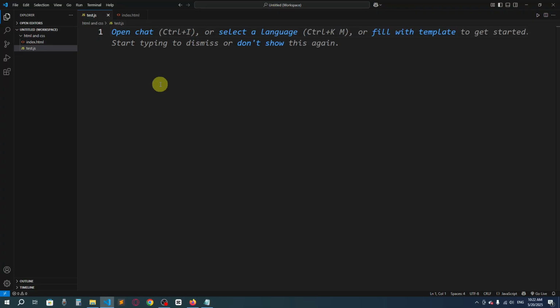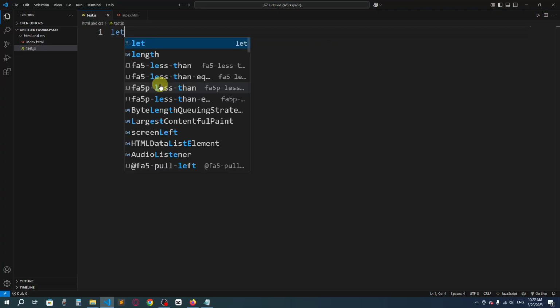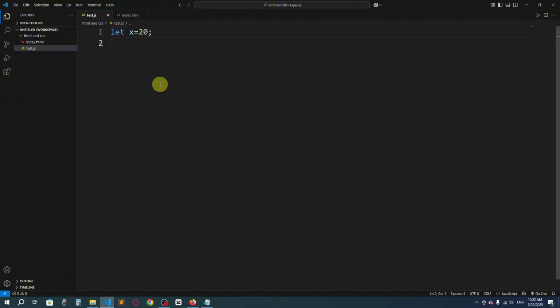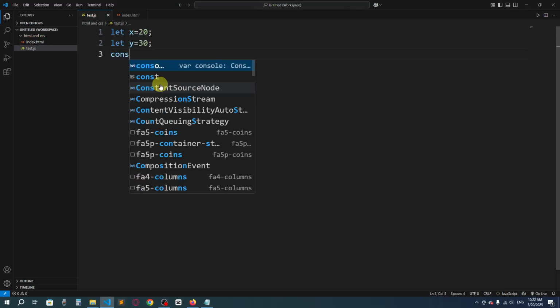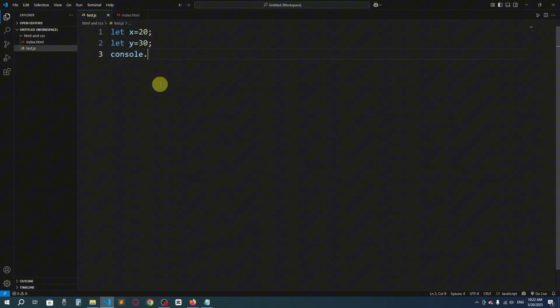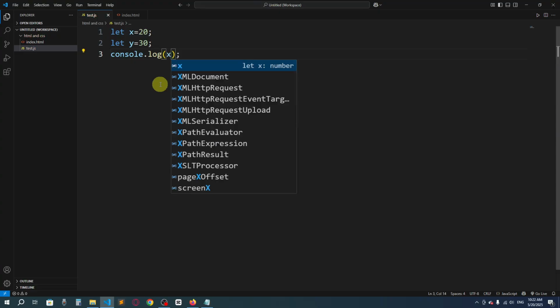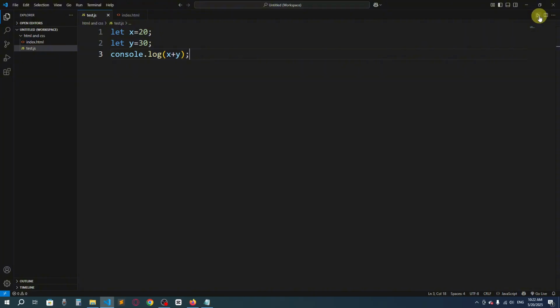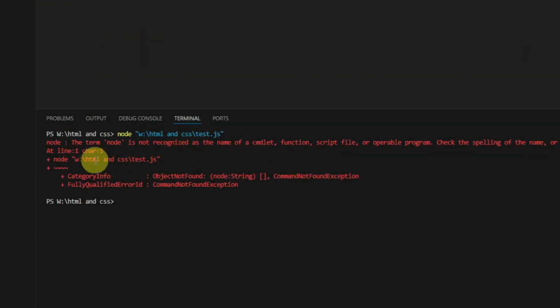So I will say, let x is equal to 20, let y is equal to 30. I'll say console.log x plus y. So now if I run it, here you can see it's showing in terminal, but here you can see the